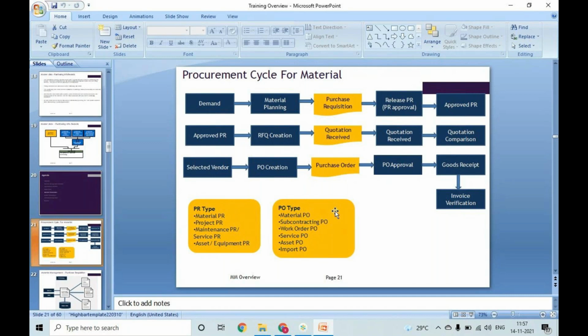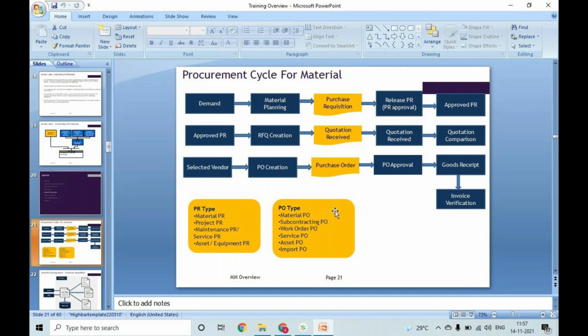Once the purchase order is created, it will go for approvals by different departments, like the procurement division head, who might release the PO, and the finance head also might release the PO. Once the PO is finally released, it will go to the vendor through mail or through EDI, I mean by interfaces, or it can also be sent manually.